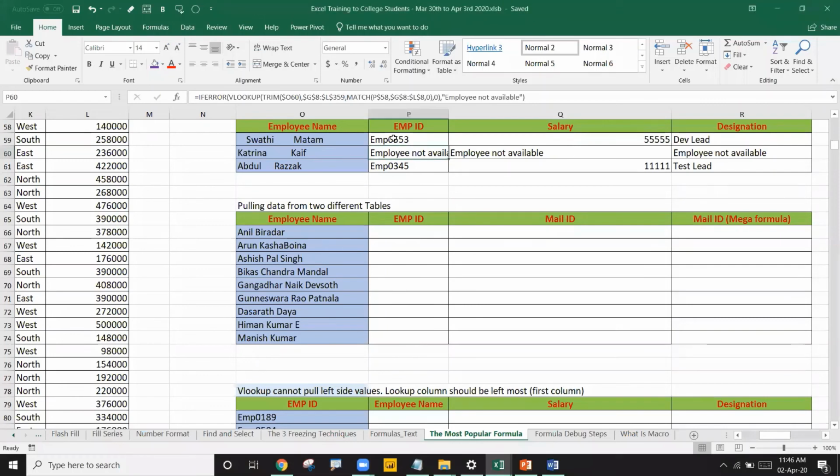Yeah. So this is about VLOOKUP, TRIM, MATCH, IFERROR, all four different formulas we used here, correct?